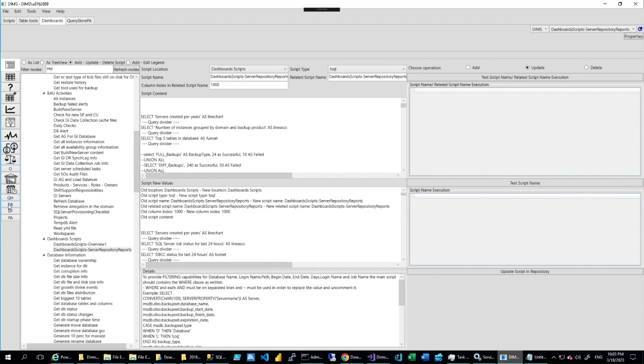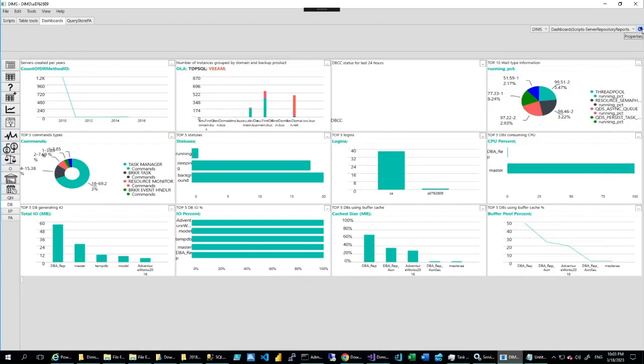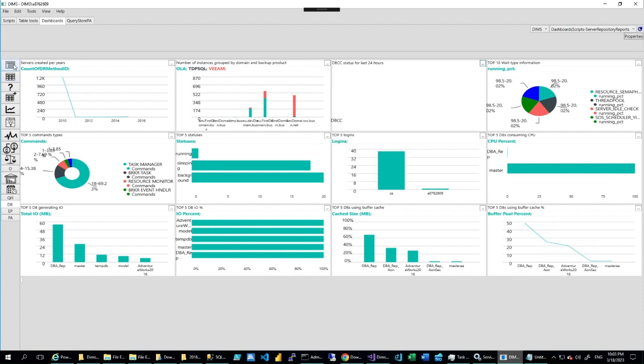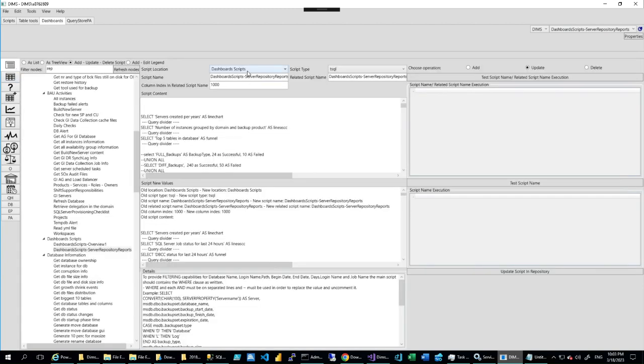If we go to the dashboards, and if we refresh the script, we should see here now those biggest tables. Let's see how it will look like. It seems database consistency, it checks repository. Let's go back. Maybe I missed something. Dashboard scripts. Okay,